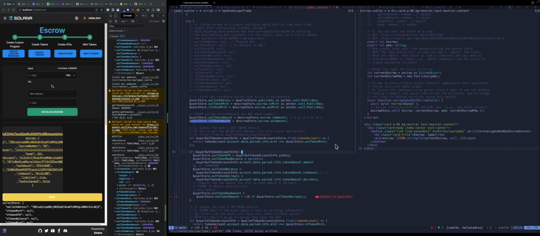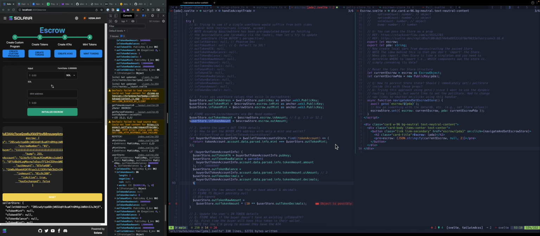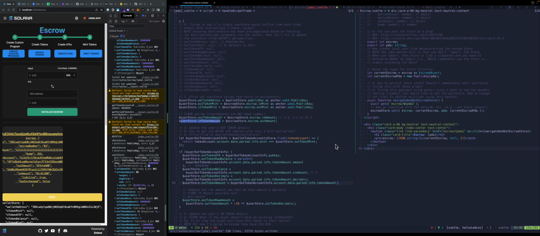And then what I need to do is actually set these here. So user store dot out token amount, not the raw amount, equals the buyer out token account info, account data parsed, and info token amount dot